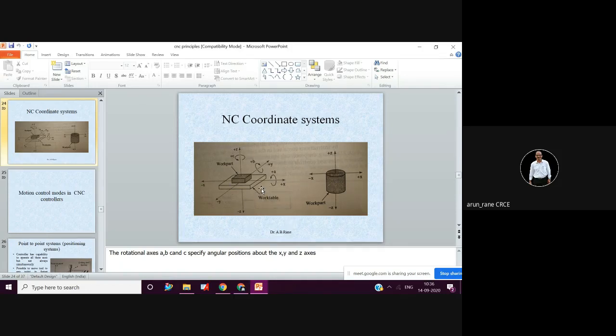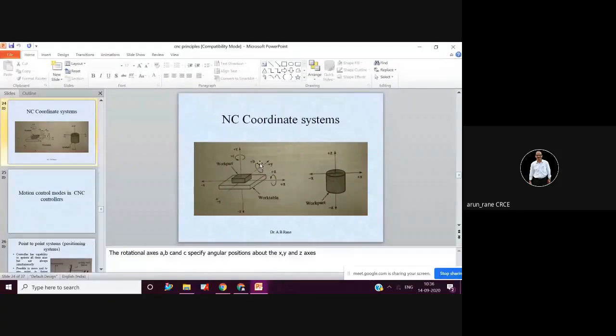So this table, not only can it be moved in this direction, but it can be rotated also, around the x-axis. So rotary axis along x is u, along y is v, and rotation along z is w. So you have 6 axes now here, that is x, y, z, u, v, and w.